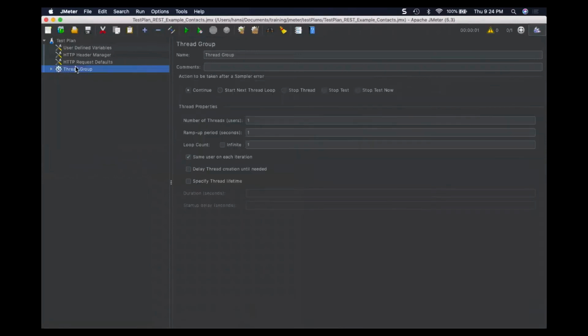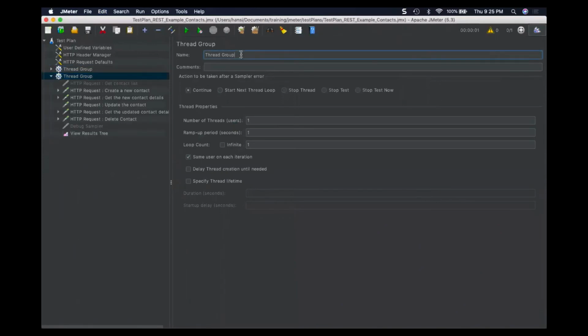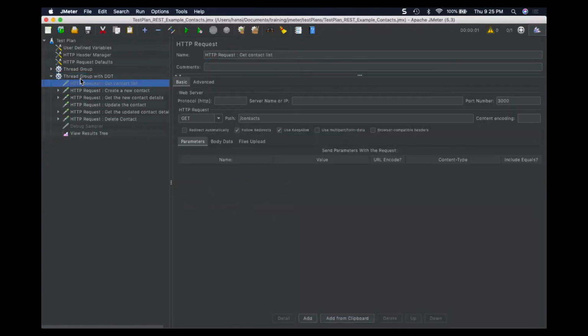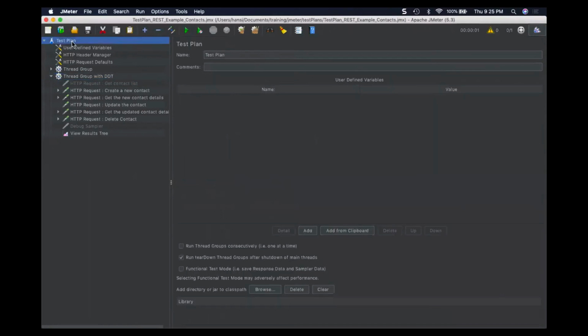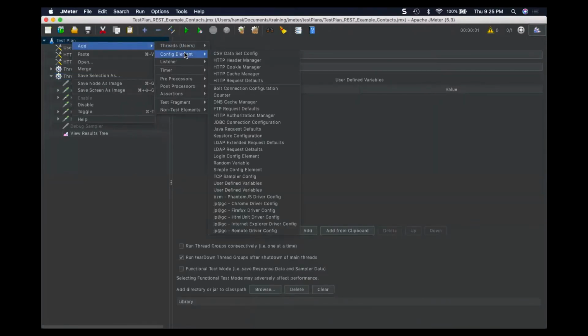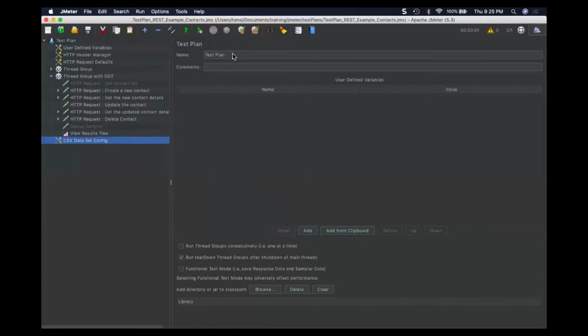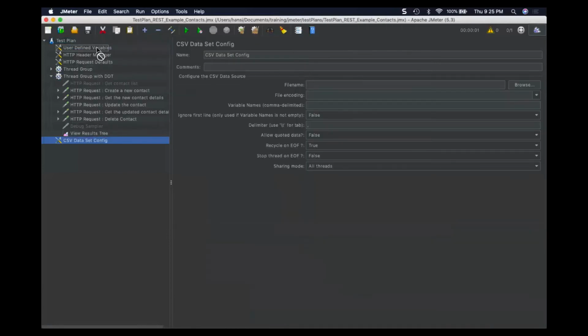I have limited time, so I'll get a duplicate of this entire thread group, Control C, for data driven testing. To make it data driven, I need to add a CSV config element, a CSV dataset config element. I'll paste it at the top.